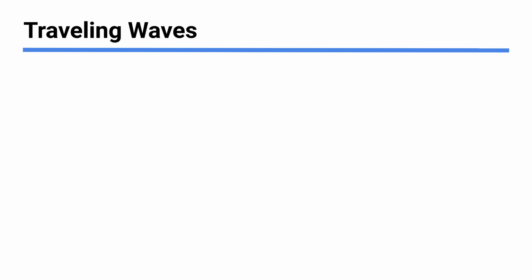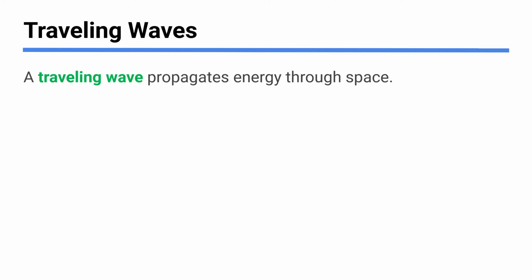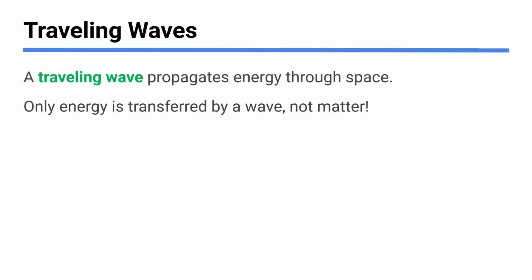So often when we're talking about waves, the main thing you probably think of is a traveling wave. The deal with a traveling wave is, what is traveling? Well, the thing that's traveling, believe it or not, is energy. So a wave is a thing that moves energy through space. A big key idea that the IB likes to ask you about is that a wave transports energy and not matter. So it's not stuff moving from point A to point B in a wave. The thing that's really moving is energy.